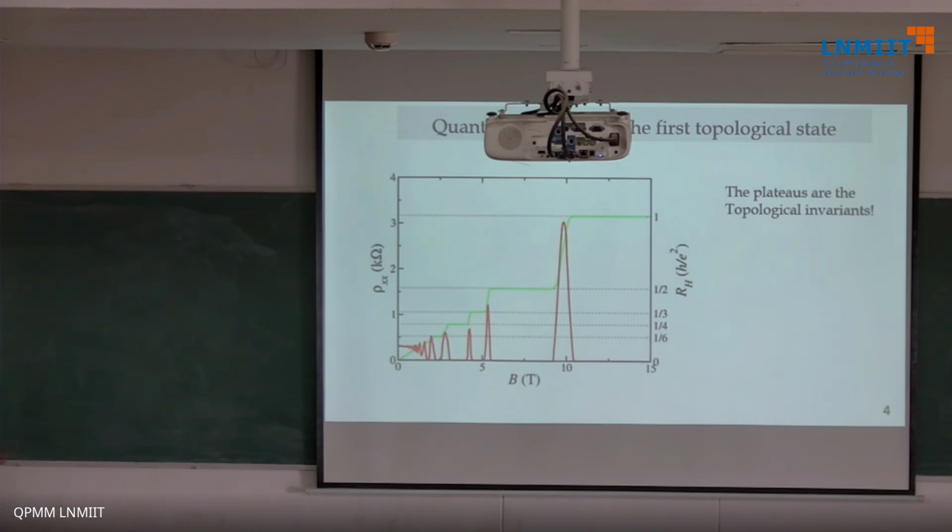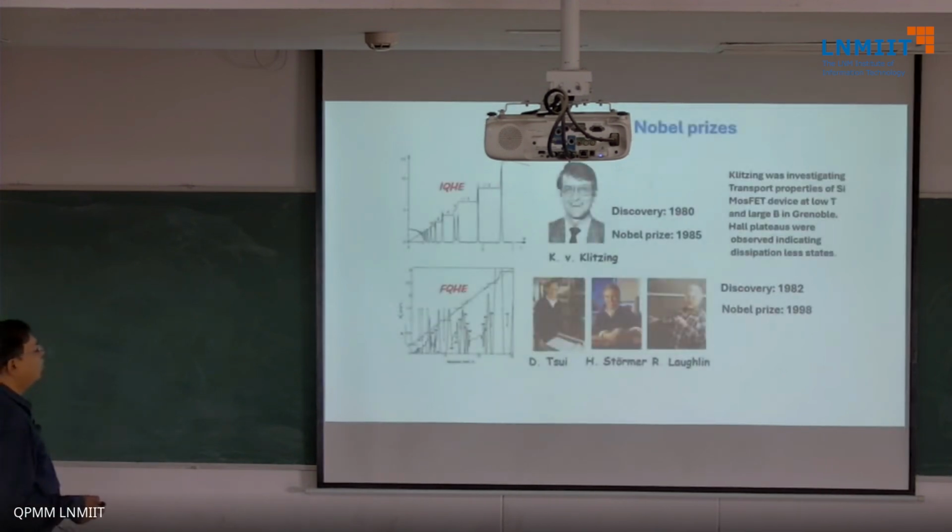Of course, it's a feature of a 2D system in presence of a strong magnetic field. So this was called the IQHE, or the integer quantum Hall effect, where these plateaus were seen at integer values of h over e square. Soon these 3 gentlemen, Dan Tsui, Stormer, and Bob Laughlin, discovered that in addition to that, you can't see it very well, but there are plateaus seen at all kinds of fractions, mainly rational fractions with the denominator larger than the numerator, but also at other fractions.